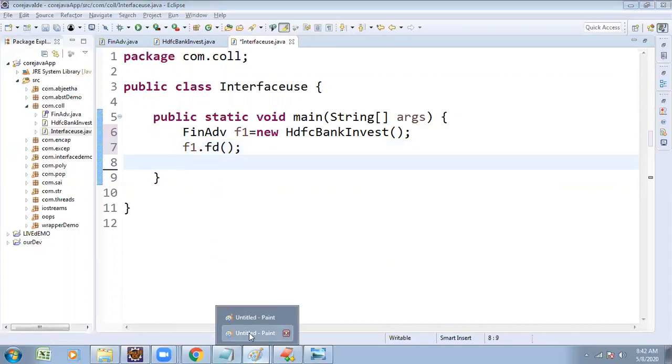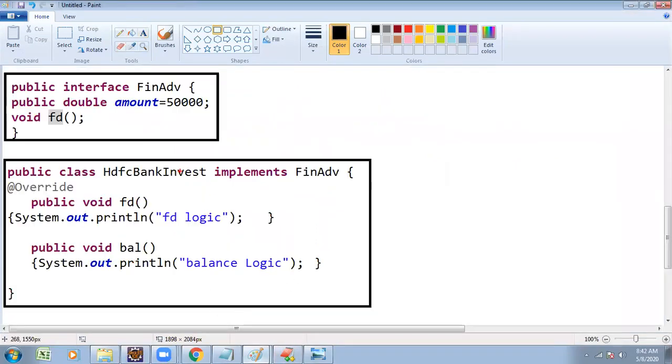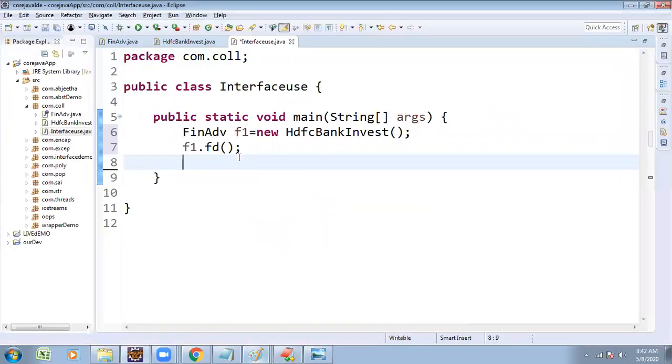But under f1, there is one more method, which is the HDFC Bank implementation. One more method is there. I plan to call that balance method. I created the object with a subclass reference, and the balance method I am trying to call is not accessible.